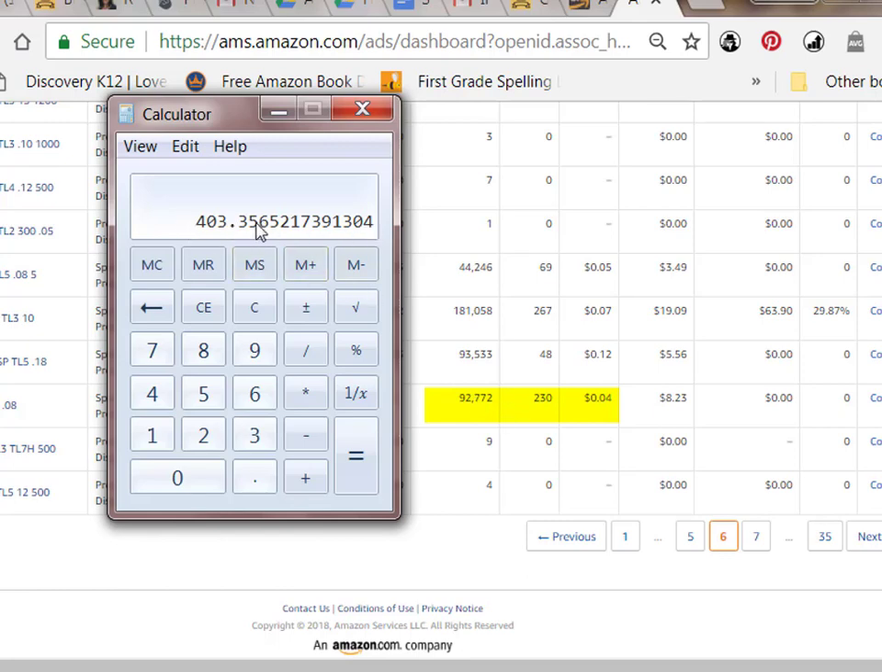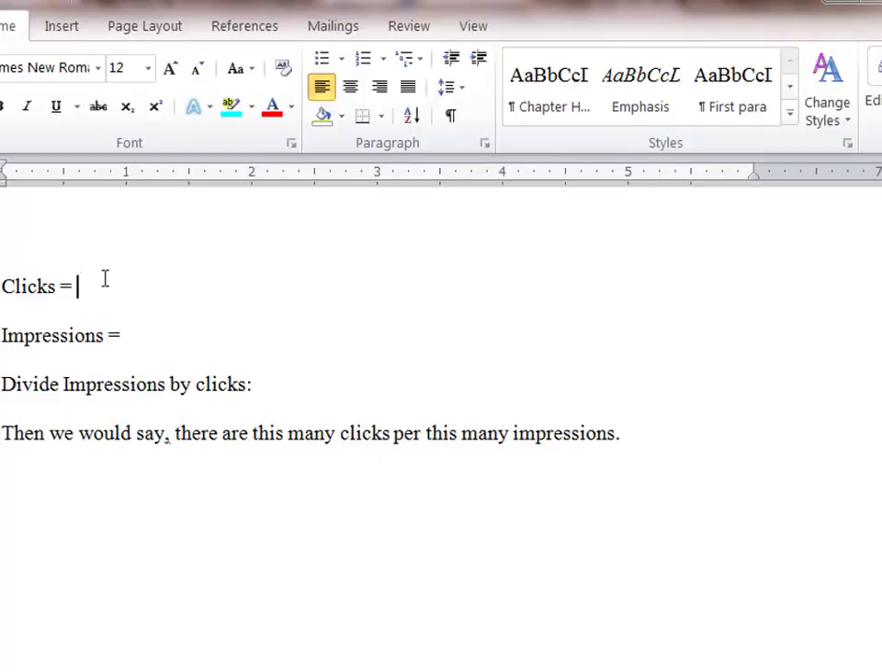You can ignore these decimals unless it's over the number 5 and it's closer to the 10 mark or whatever, because then you can just round it up. But for me, I'm just going to settle with 403 since it's 0.35. Okay, so that's 403. I have a document here. We're going to bring it up. So I had 230 clicks. I had 92,772 impressions, and what this gave me when I divided my impressions by my clicks,